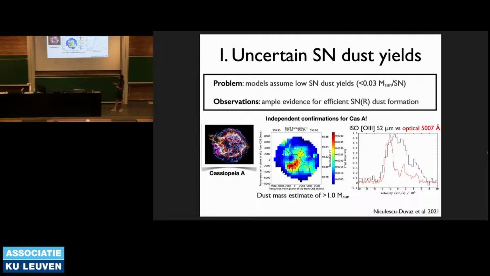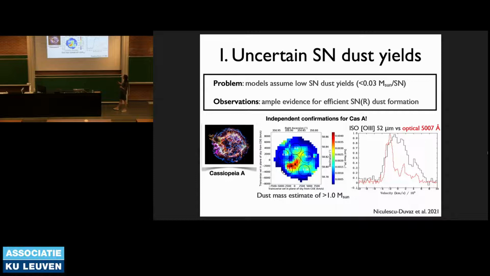Then it's very interesting to also look at the independent confirmations for Cas-A. Around the same time, we got another paper on Cas-A, where Antonia Bevan, with the optical line profiles, also got a dust mass of around 1 solar mass. So again, independent evidence, and actually the first supernova remnant after supernova 1987A where we could demonstrate that a large dust mass is produced. So supernova 1987A is probably not just a unique case, but there are other ones as well.